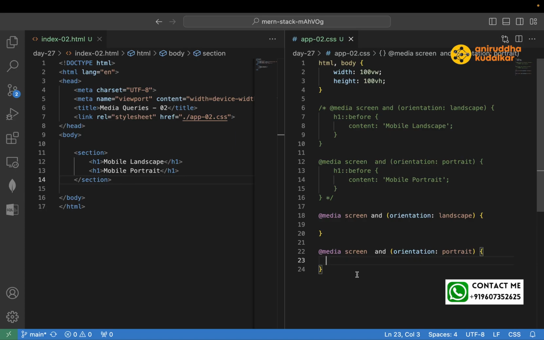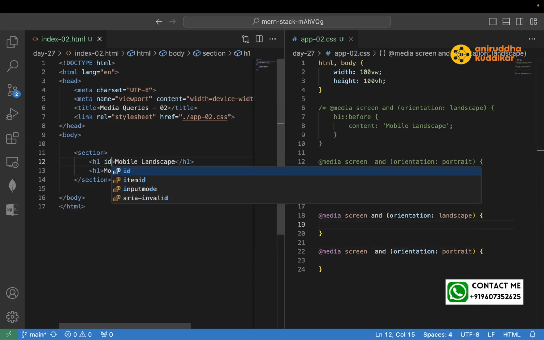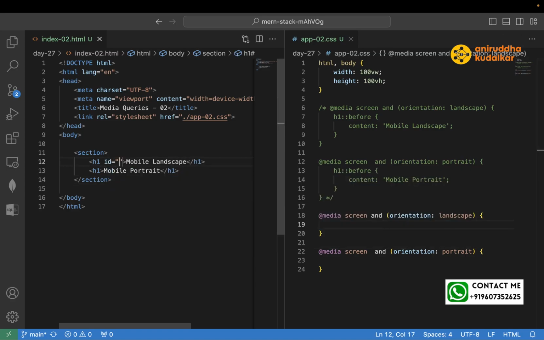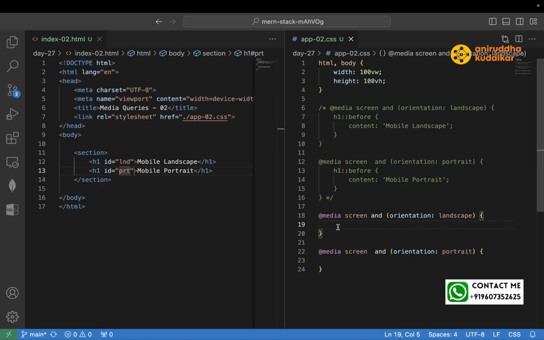Think and tell me what code you will write in media query. No, right? Now let's give one ID over here, and we can say LND, landscape, ID, PRT. Okay, ID, PRT. So here what you need to do very first thing,